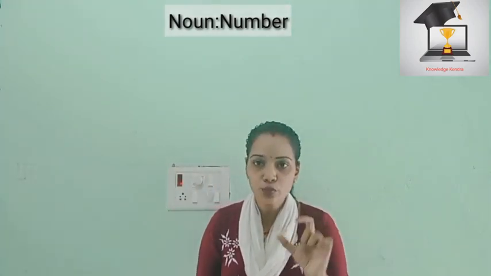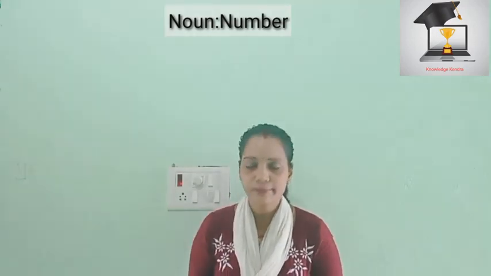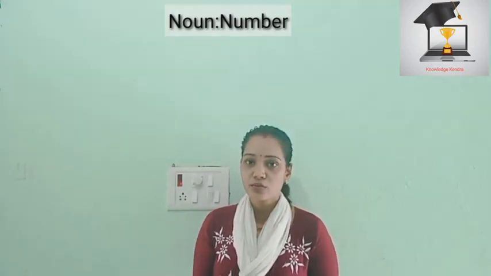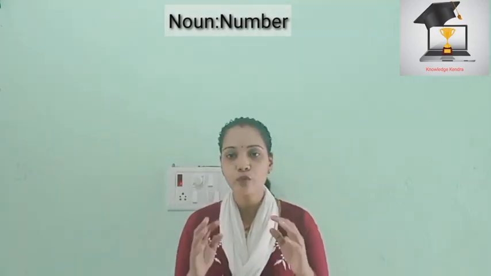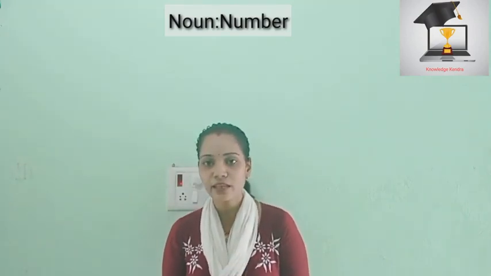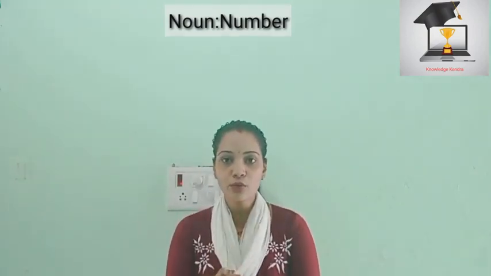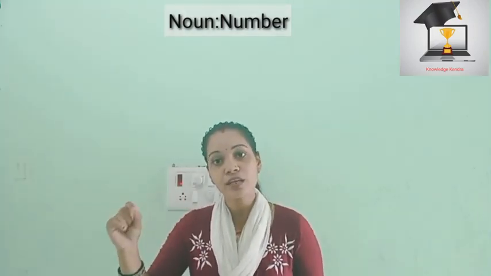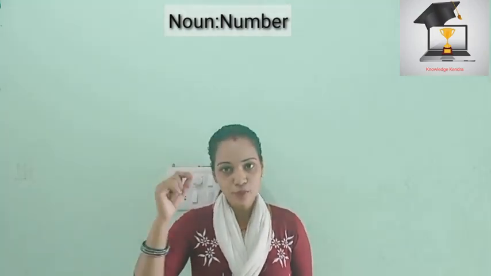Goose, the word goose, here also the double O is removed and double E is added instead. So this is also one of the rules which we have to study. These are the rules which will help you form plural nouns. And this is very, very important, because only if you know what is singular and what is plural, and how to form plural, can you go on to the other things when you write a sentence.